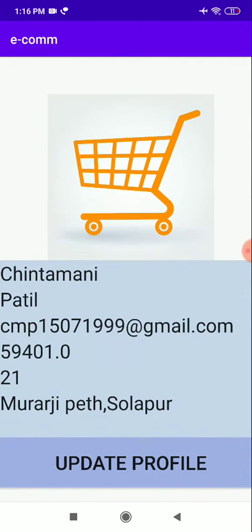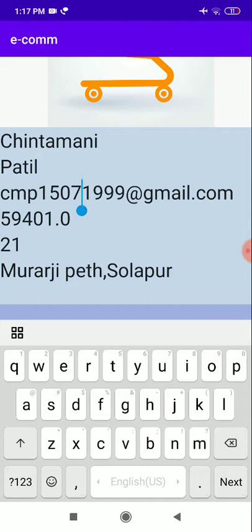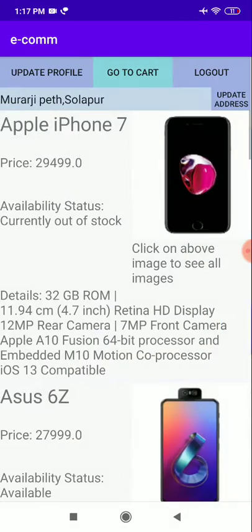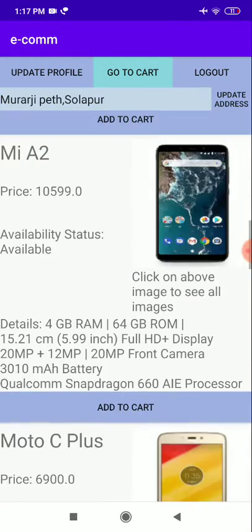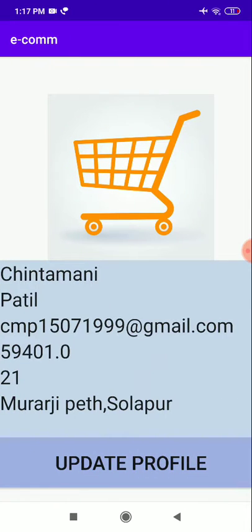Now if we tap on update profile, we can change the email address again. The balance has been deducted as we purchased Mi-A2, whose worth is 10,599, so 10,599 rupees are deducted from our account.